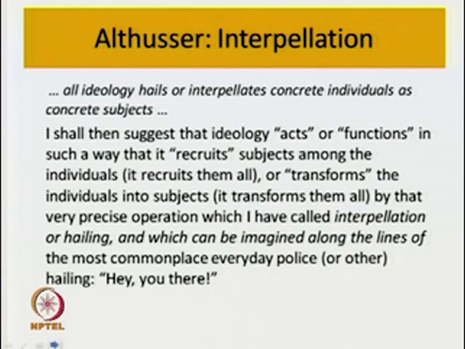So, again, Althusser on interpellation: all ideology hails or interpellates concrete individuals as concrete subjects. I shall then suggest that ideology acts or functions in such a way that it, look at the word, recruits. Look at apparatus, instrumentalization, recruits subjects among the individuals, or transforms the individuals into subjects by that very precise operation which I have called, this is Althusser, interpellation or hailing, and which can be imagined along the